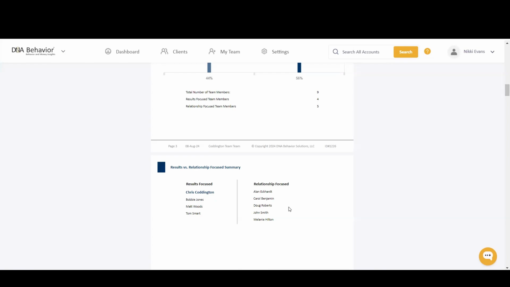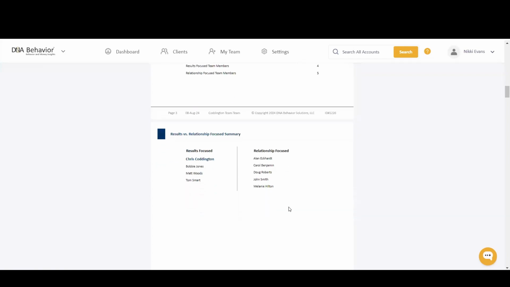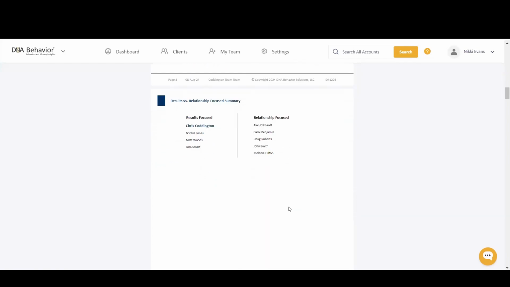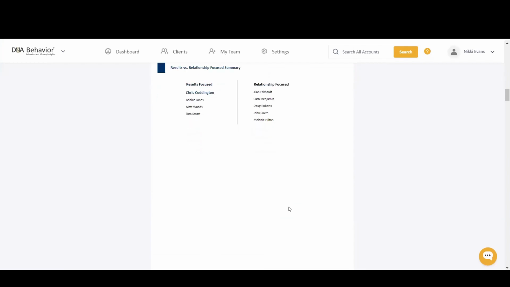And so sometimes you'll have similar enough scores to be in the same style, but slightly different focus scores for your results and relationship score. So here we see that on Chris's team, he's got a pretty balanced mix of results and relationship oriented profiles. So that could be really good